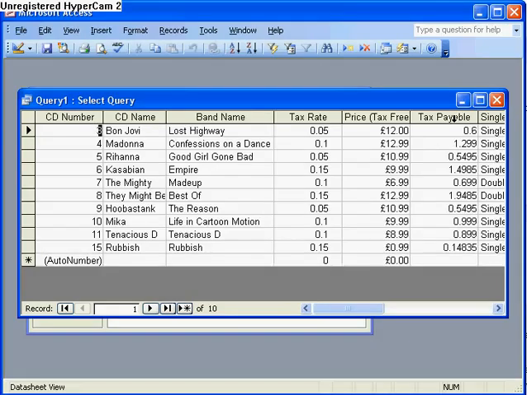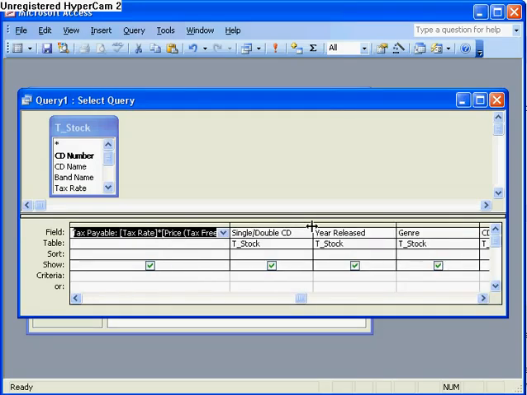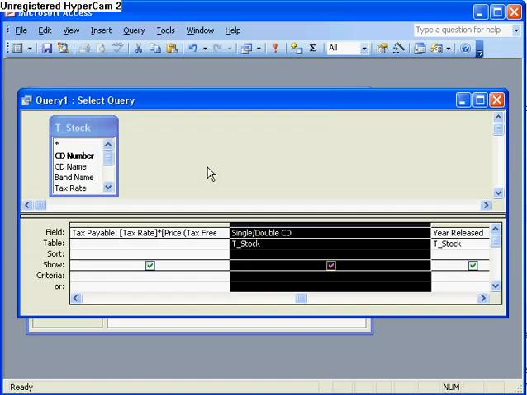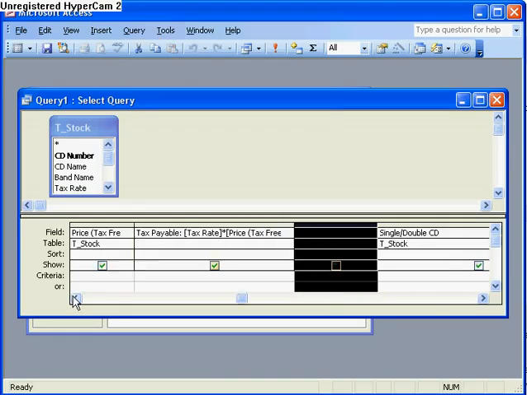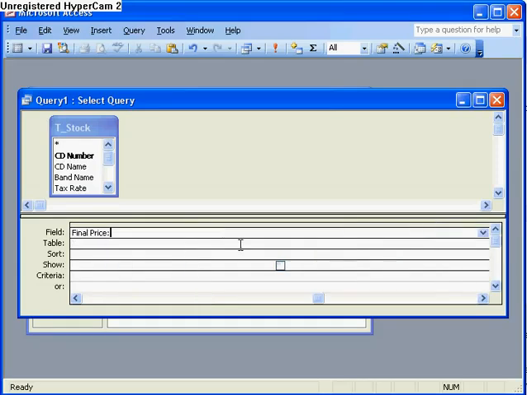Now what I'm going to do is add a new field here, which will just add the price and the tax payable to give me a final price. So I'll go back into my query and I'll just shrink this down again, and I'll move across here and add a new column again, and all I'm going to do is add the price and the tax payable. I'm going to call this final price, put a colon in, and in here, oops, a little bit too big, but never mind, I'm going to put in